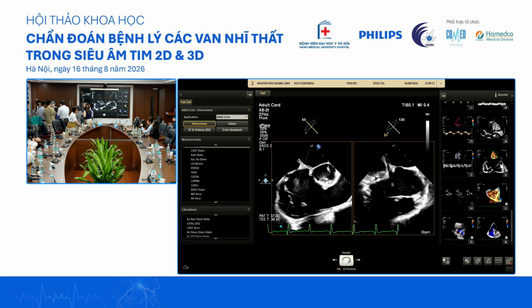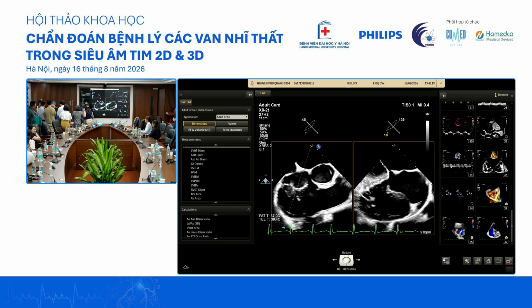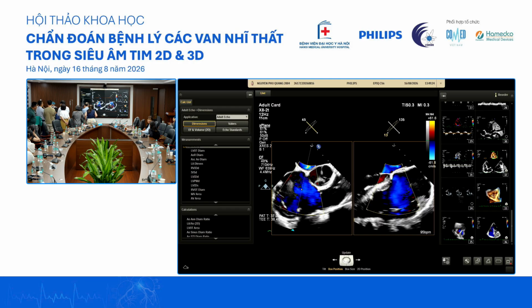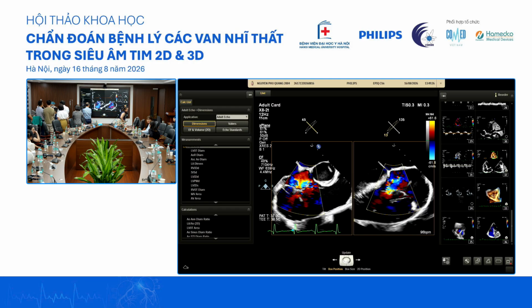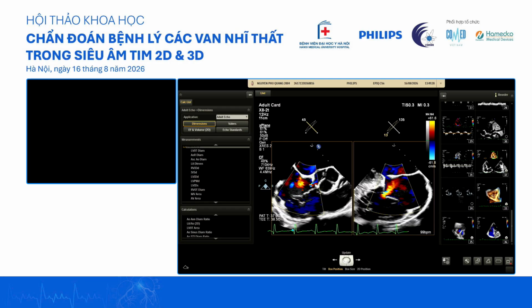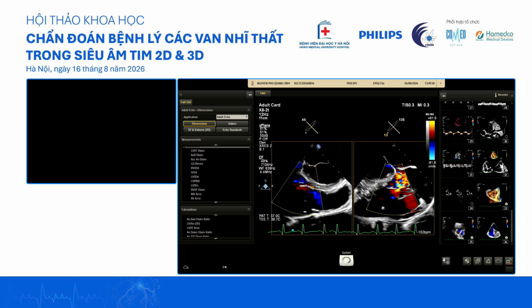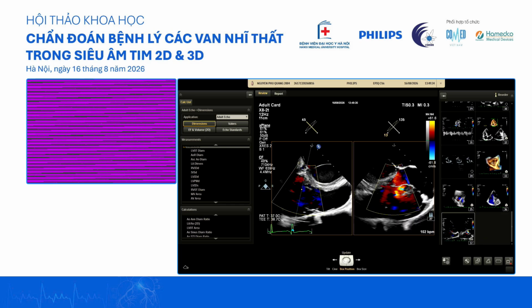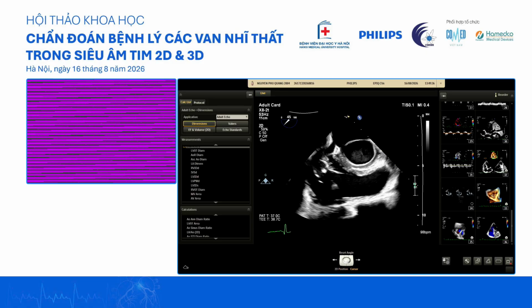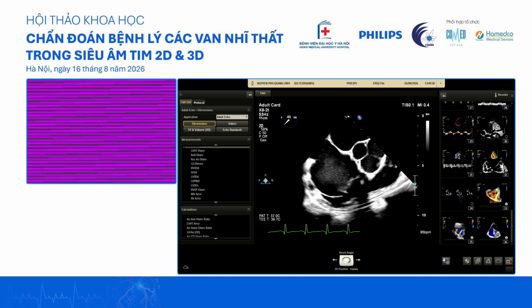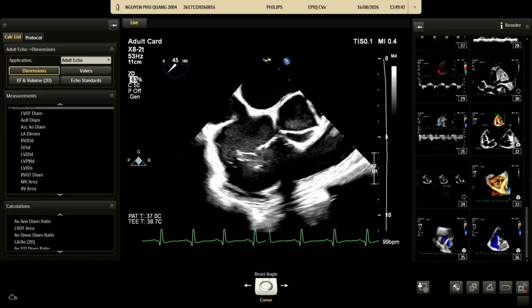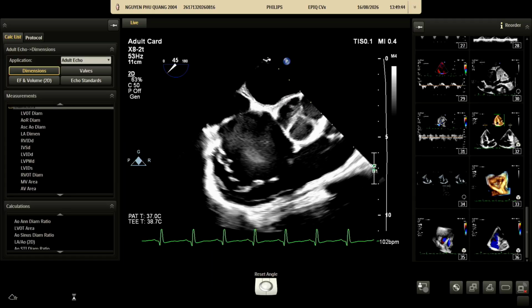This is the mid-esophageal short axis view at 45 degrees. You can see the anterior and posterior leaflet quite clearly here. Professor Raymond Wong agrees that the leaflets look a bit redundant, but there's no malcoaptation. The jet is still in the center. It looks redundant but doesn't look like prolapse here.